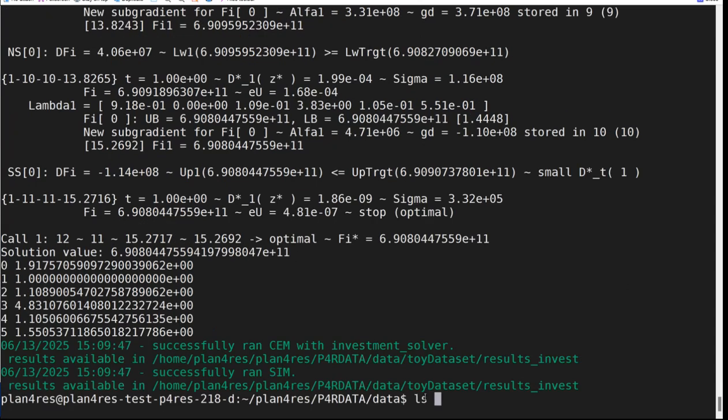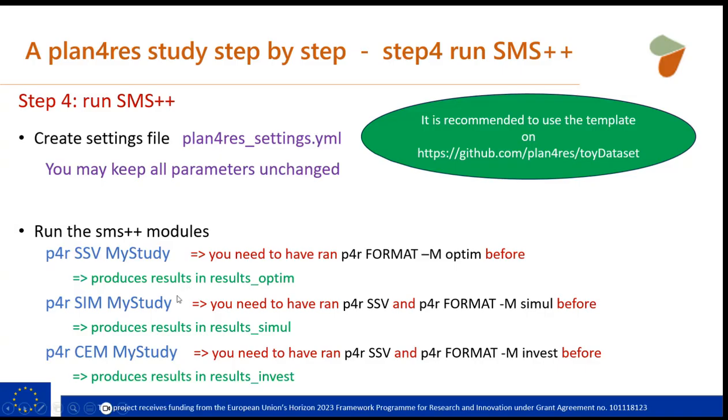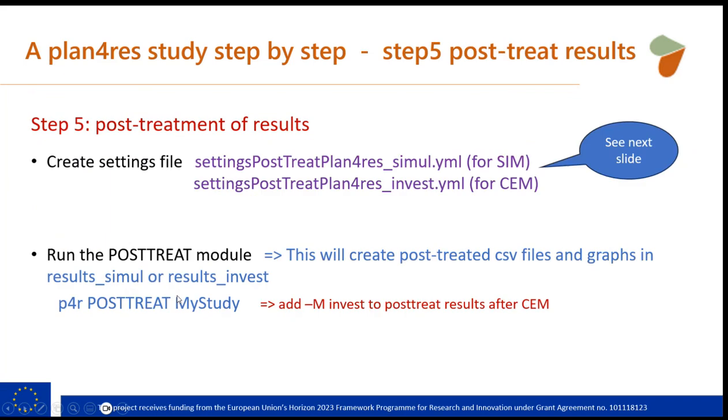And so now I have result invest where all the results are filled. And so now the last step of my study will be to post-treat the results. So for this, I first need to fill a